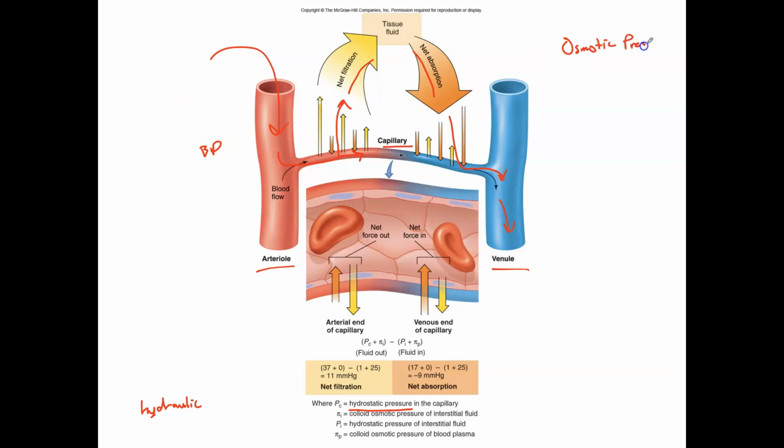Osmotic pressure is created by the dissolved solutes. So things that are dissolved in the fluids, so dissolved solutes. Most of your solutes are going to be within your blood plasma. So blood plasma is going to have most of your dissolved solutes, and the primary dissolved solute is going to be albumin. So albumin's going to be in your blood plasma, so we could put little dots inside the capillary here, right? We have dissolved solutes in there, most of it being albumin, and that's really what's drawing water into the